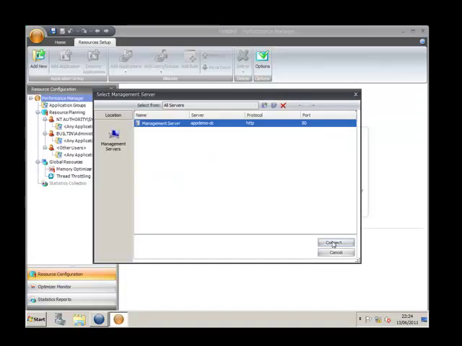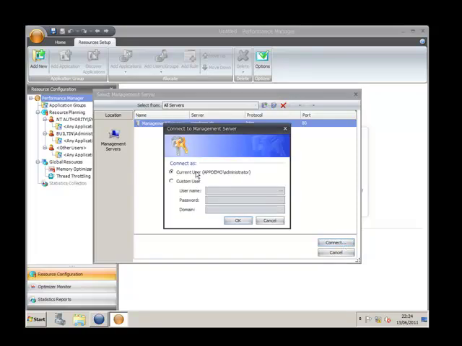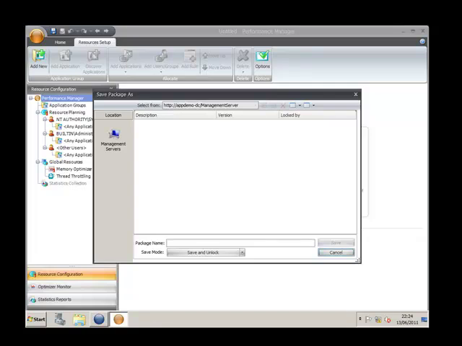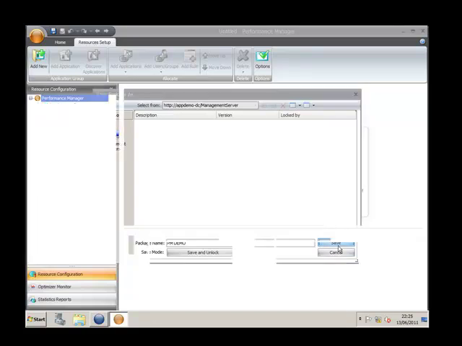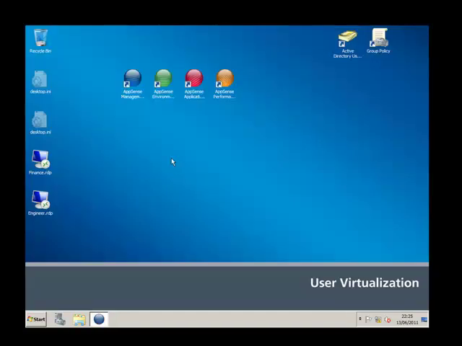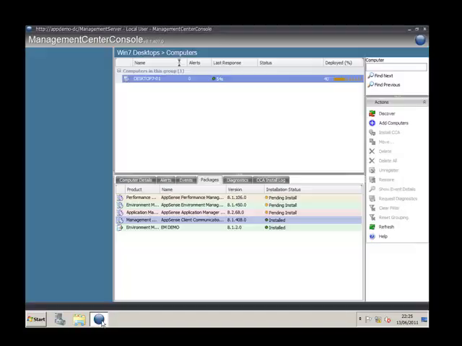And again, we're prompted for our management server. We're going to use connect and our pass-through credentials. And we're going to give this one a name of PM demo and save it. So all that is left for us to do now is apply these configs, these 2 extra configs we created, to